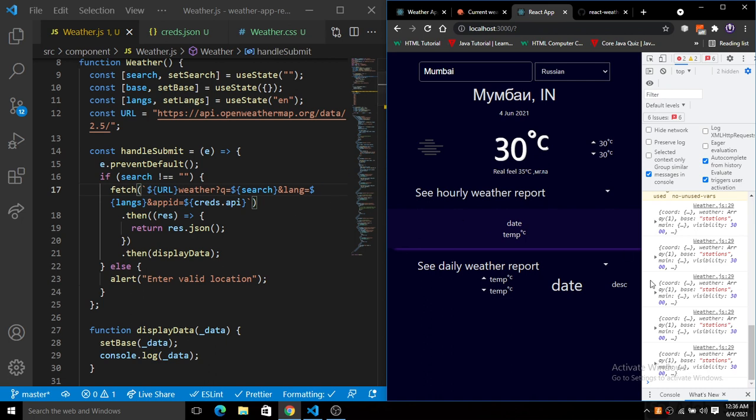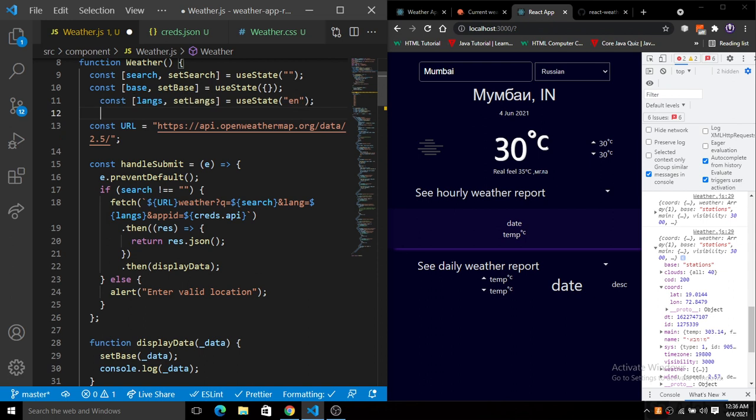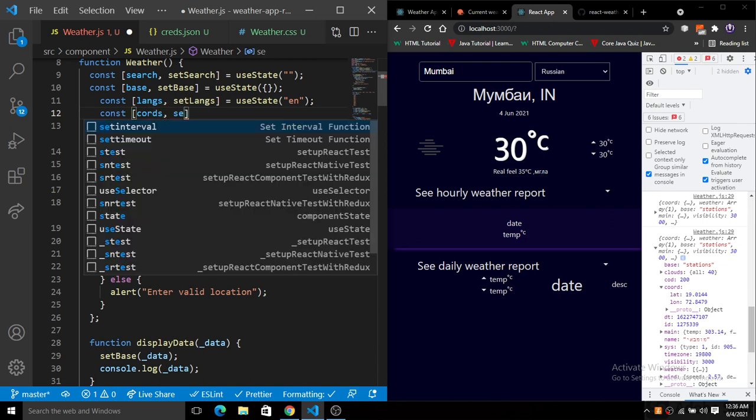So the next thing is the hourly weather report and the daily weather report. For these, you have to get the coordinates. You can see we already have the coords here, right? So we will use these coordinates. We create a state for the coordinates: coords, setCoords.